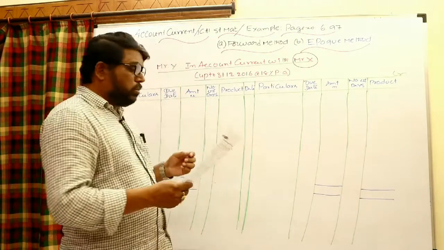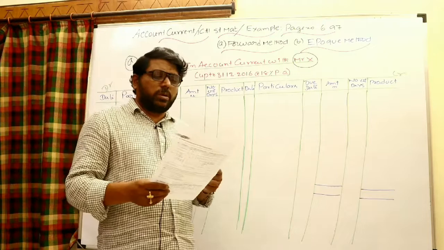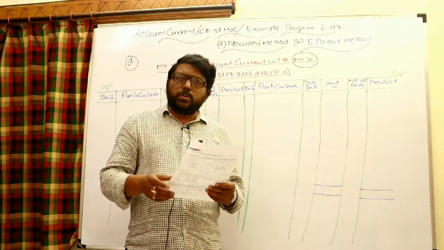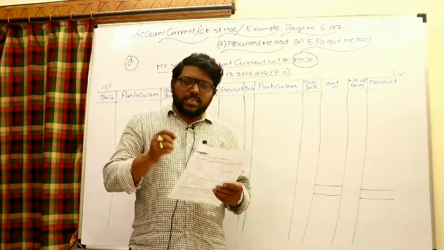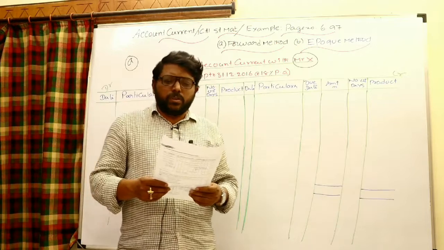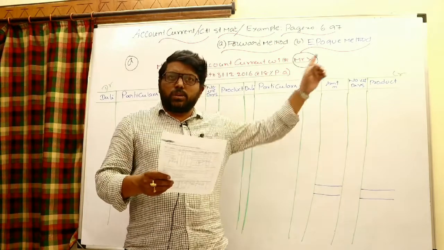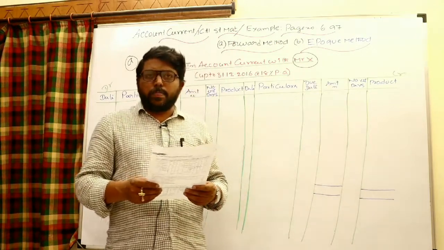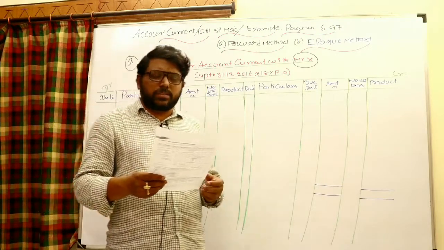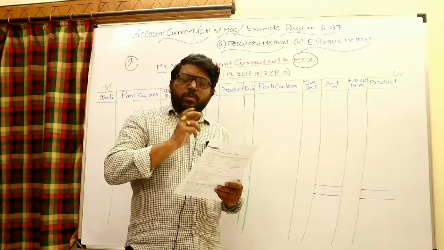Okay, right. So let us see: from the following particulars, make out an account current to be rendered by Mr. X. Means X is preparing the account current, he is sending it to Y. Who will prepare the account current? His name should always be written at the end. So here it is rendered by X, so X's name should be written at the end. He is preparing Y's account, so the heading will be Y in account current with Mr. X.